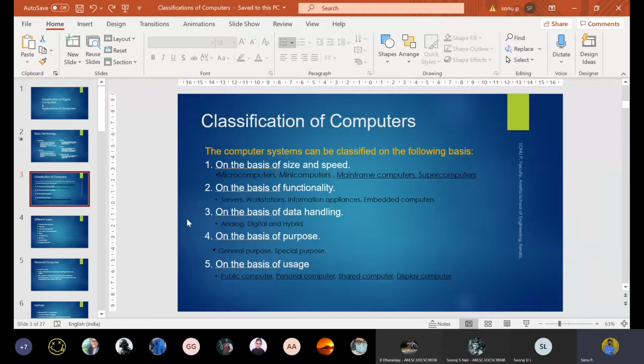You can adjust the cooling effect of your refrigerator. You can turn off your washing machine. You can turn off your fans, lights, etc., if you have a chip inside. Earlier there were computers with chips, but they could not be operated by a remote person. They could only be operated by direct communication or short distance communication. But now, with the evolution of IoT, the Internet of Things, this is possible.